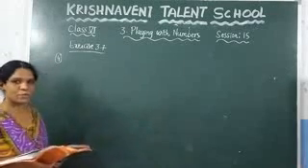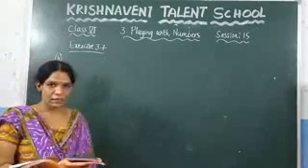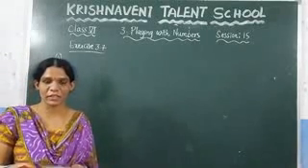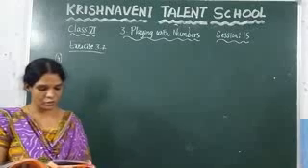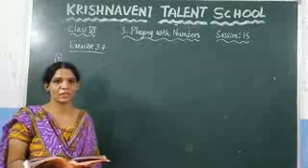We are going to see the next problem of exercise 3.7, which is the fourth question. Here they have given some problems. You need to verify whether those numbers are divisible by 4 or not. So before going to do that, you need to know what is meant by the divisibility rule for 4 and